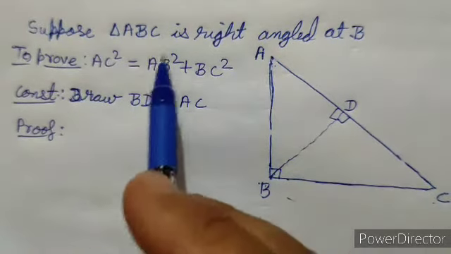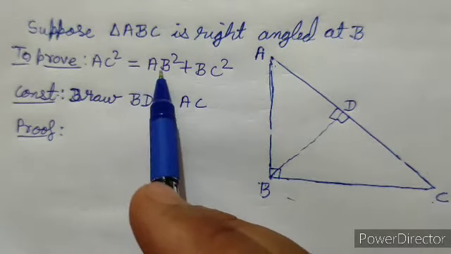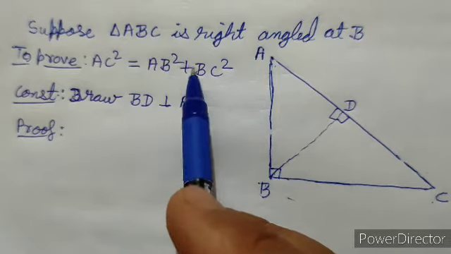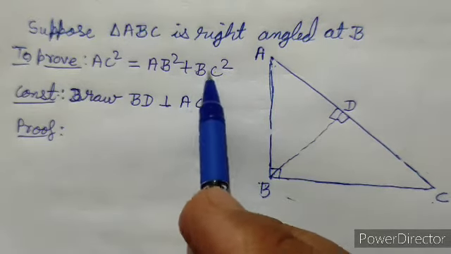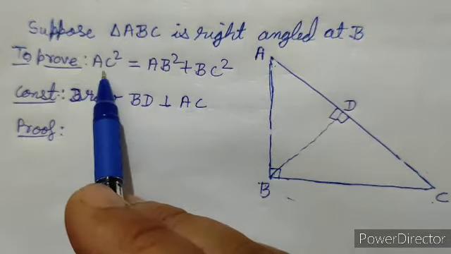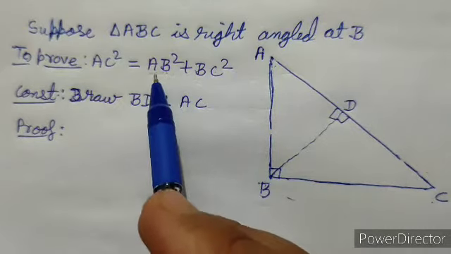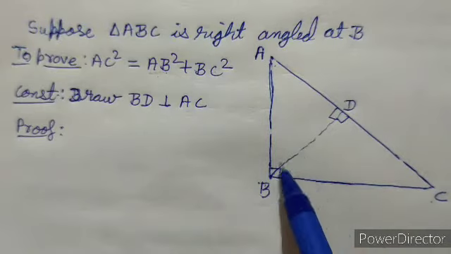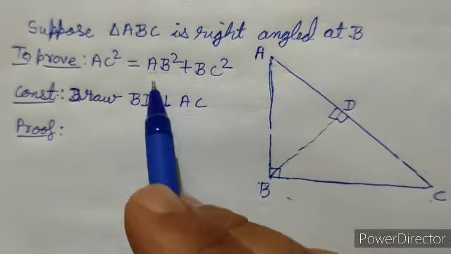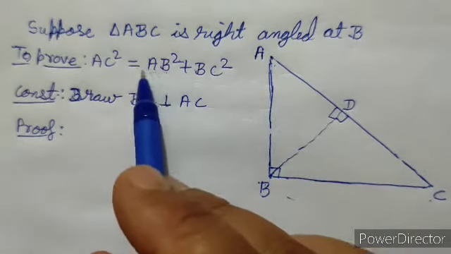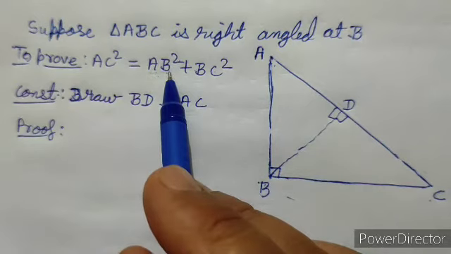Now, as we see here, we have to find the sum of AB square plus BC square, and that will be equal to AC square. Now, first of all, we will find out the value of AB square. For that, we will take two triangles which have AB as their side